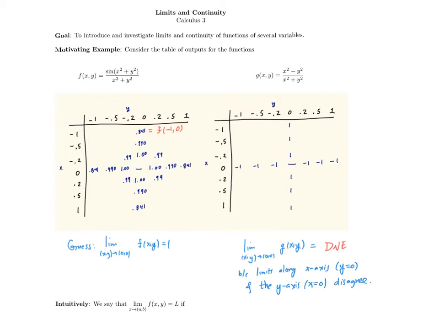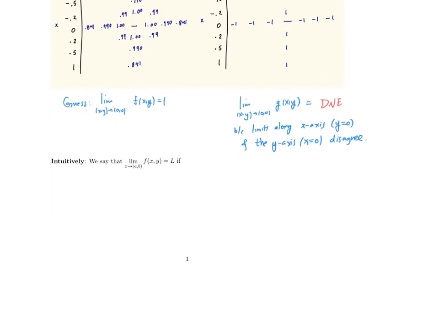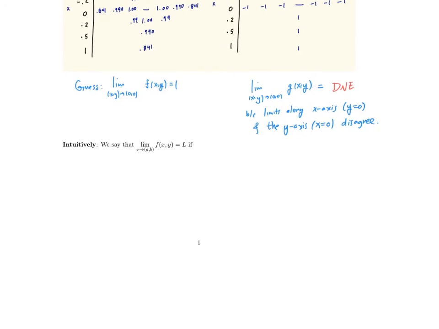And we will explore this rightmost function in more detail in an upcoming example. But for now, I think we've gathered the intuition we need to think about what it means for a function of two variables to have a limit. So we will say that the limit as, and I have a small typo here, this should be as x comma y approaches a, b of a function of two variables is equal to the number L if